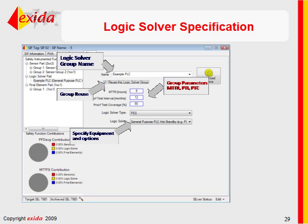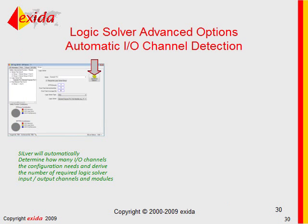Of course, for any given design, we specify the logic solver. Is it a general purpose PLC or an Emerson DeltaV SIS or a Triconex Tricon? What is the average repair time, proof test interval, and proof test coverage? Enter all that information. And lastly,